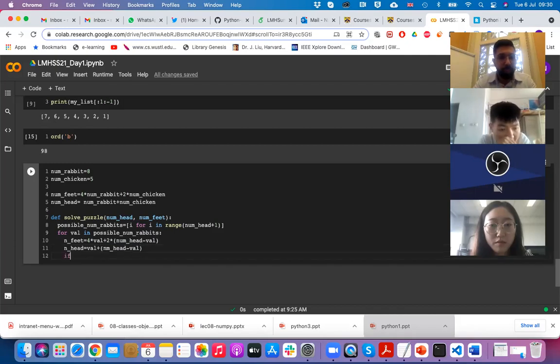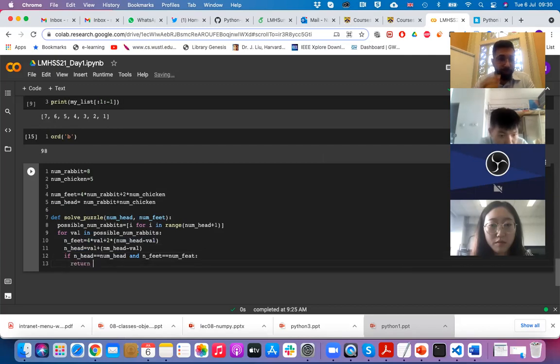Then I can say that if n underscore head is equal to the actual number of heads in my puzzle, and n underscore feet is equal to the actual number of feet from my puzzle, then simply return